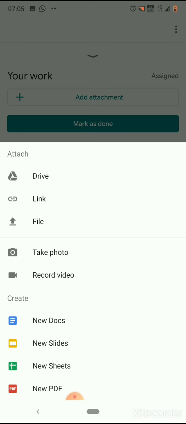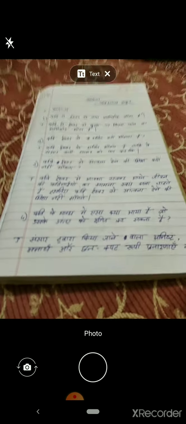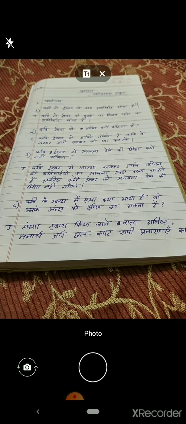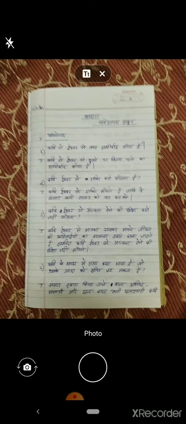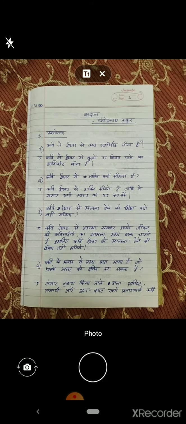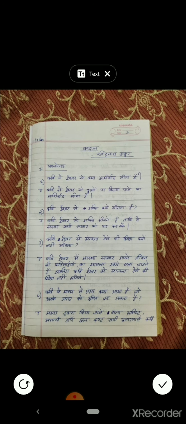Take photo of your answer. For example, you will take page 1. One time you click. Don't send your answers in this way because we cannot check it properly. Okay, you'll have to keep your mobile just above your notebook neatly. Light should be clear, picture should be clear, and take your photo.